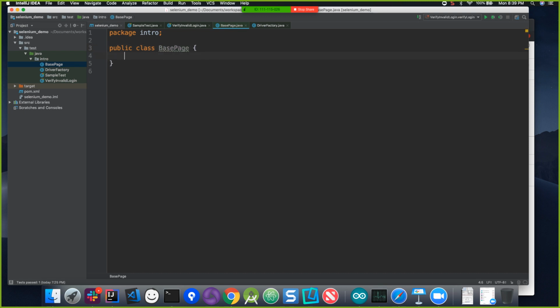So far, we have performed 3 types of actions, right? What are those? Actions, send keys, click, get text, right? We've done get text is another one, right? So those 3. So we have to create base actions for those that everyone can use, right? So we'll say